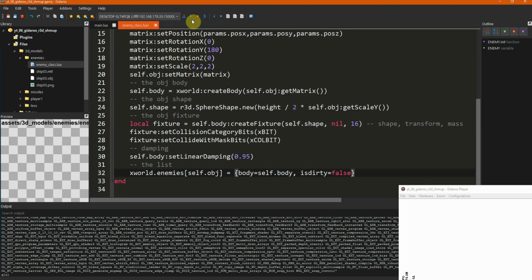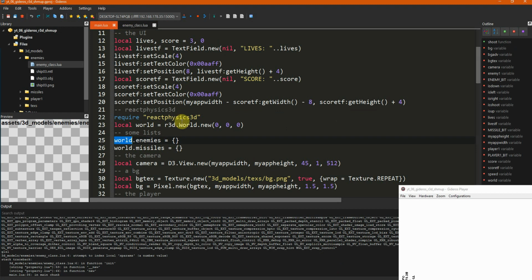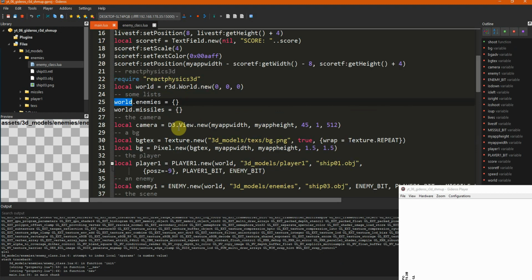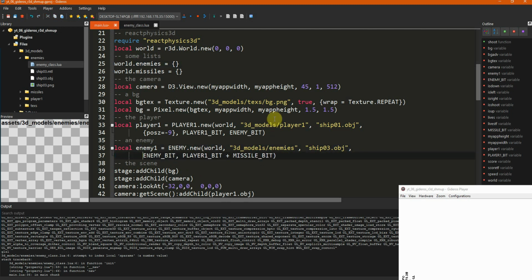And that's it for that. Now I need to modify the creation of the enemy. Here it is. So when we create the enemy, we have a new parameter, which is a table.